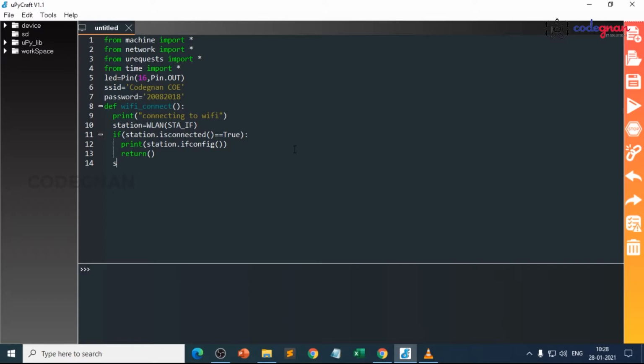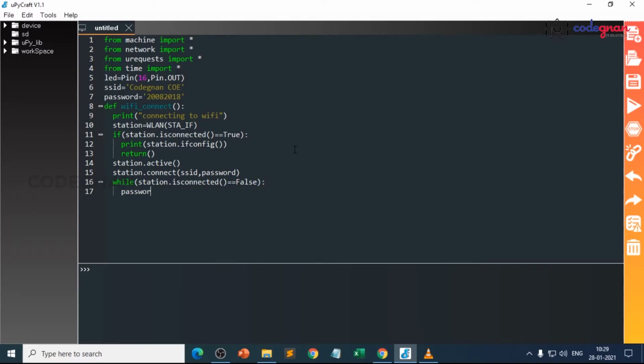If not, we should do station dot active and station dot connect of SSID comma password, and then a while loop, while station dot isconnected equals false, then pass, nothing.